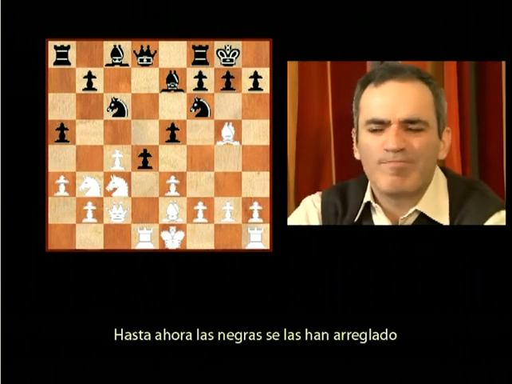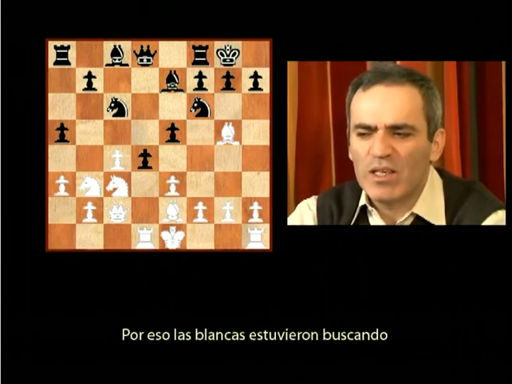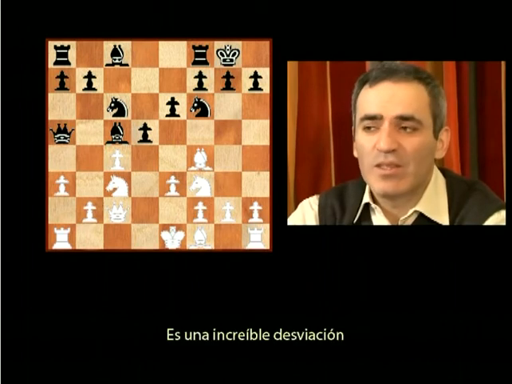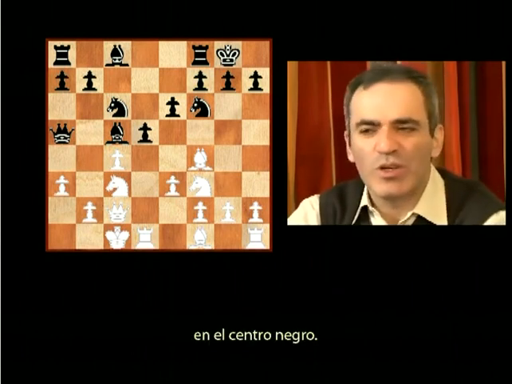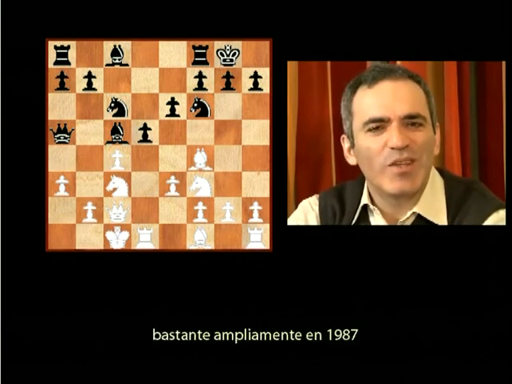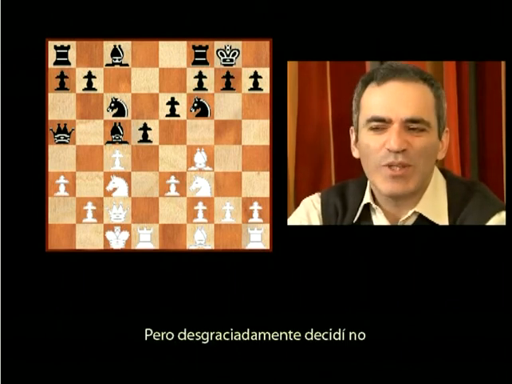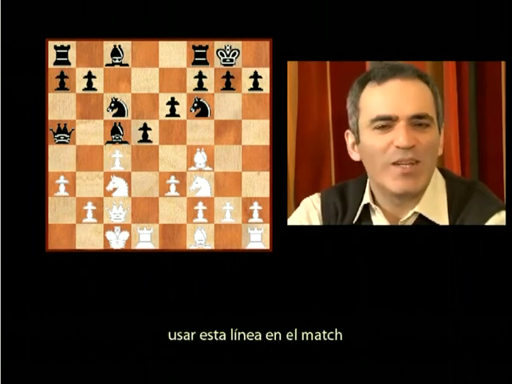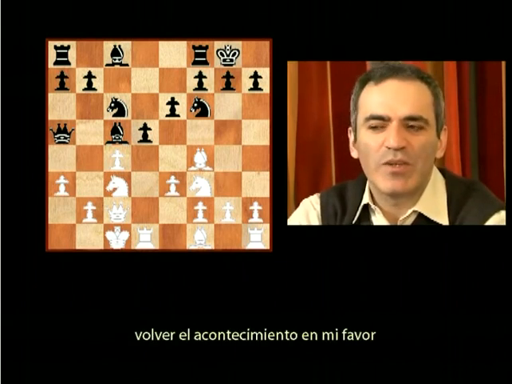So far, black managed to create sufficient counterplay, and that's why white was looking for other options, and one of them was long castle. So quite an amazing deviation from traditional ideas of just putting pressure on black's center. In fact, I analyzed this line quite extensively in 1987 before playing the match with Karpov in Sevilla, but unfortunately I decided against using this line in the match,